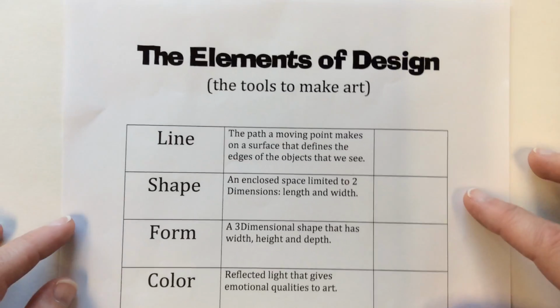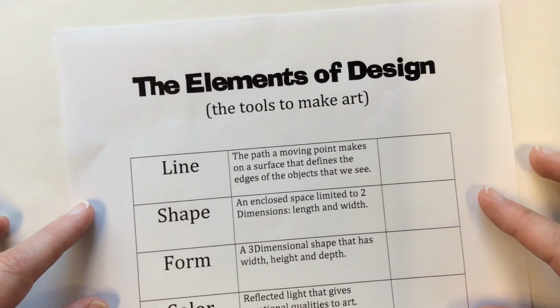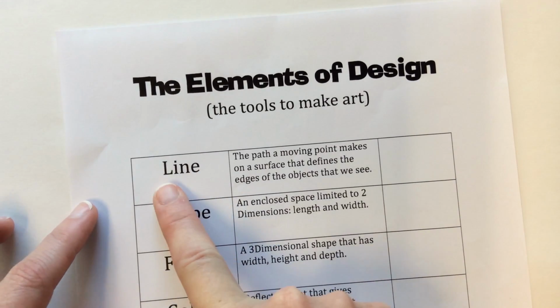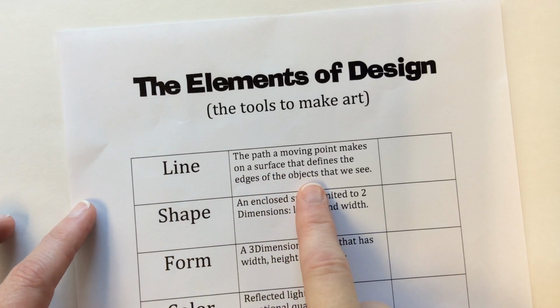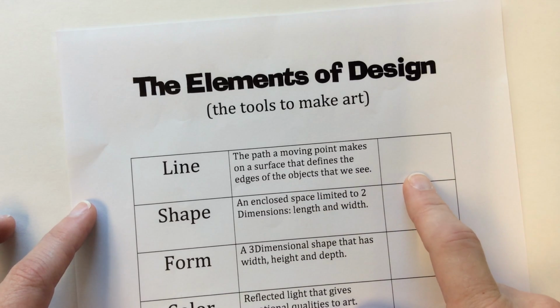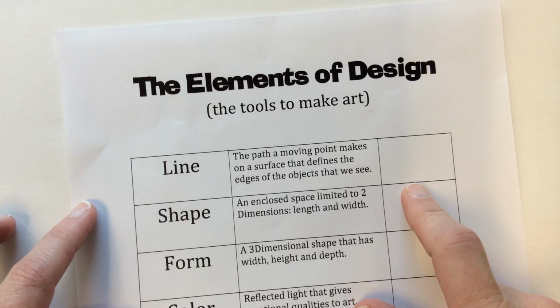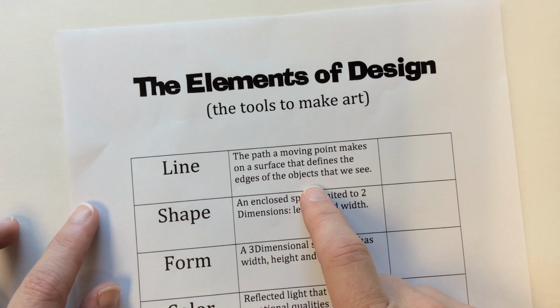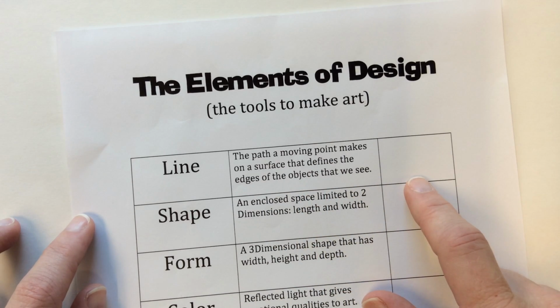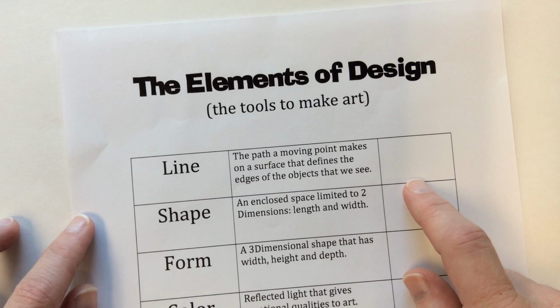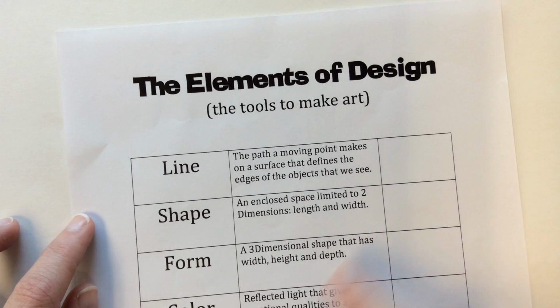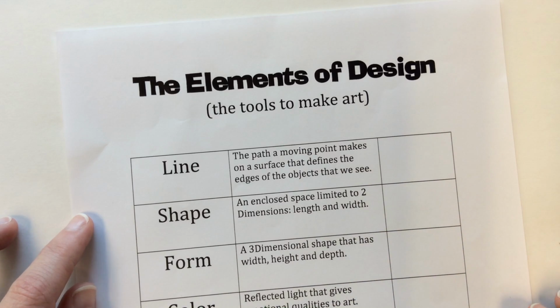So this sheet you're going to have goes over each element. You have your element, so this is your term, and then it has a place for your definition, and then it has another spot for you to do just like a visual cue. So you can put a little quick study that helps you remember what this represents. If you're more of a visual learner, you can do a quick study here, and then you can refer back to this page. You'll have this throughout the project and throughout your class course